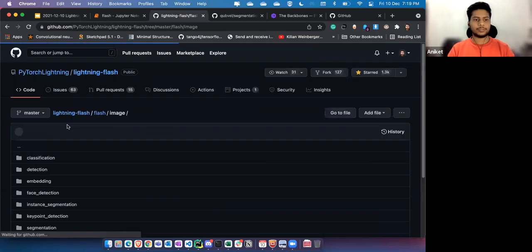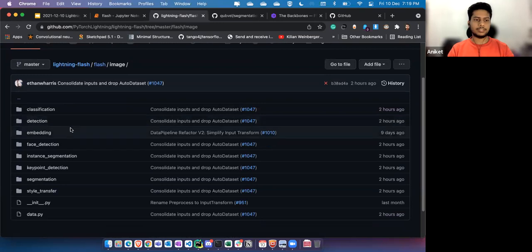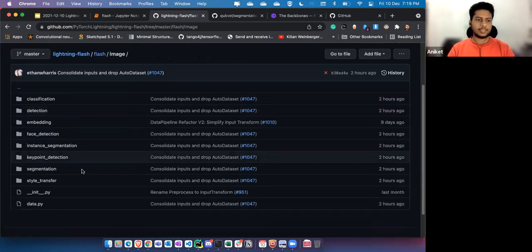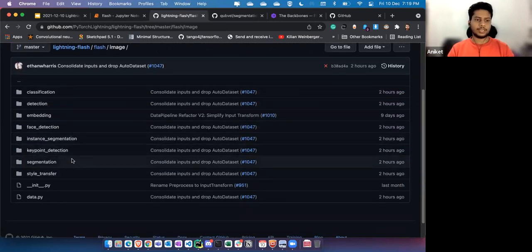If you go to image, you have classification, detection, embedding, face detection, instance segmentation, keypoint detection, and segmentation. So I will go to segmentation.